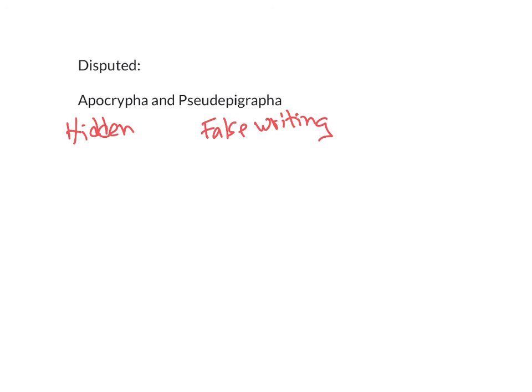In other cases, there were things that were really pretty good. I mean, they were well written, and they were truthful, and there's valuable stuff in there, but they don't have the same authority as the things that were written by apostles or close associates of the apostles. And so they were left out of the Bible, not because they were false, but just because they didn't have the same characteristics, the same authority that the ones that were included in the Bible have.